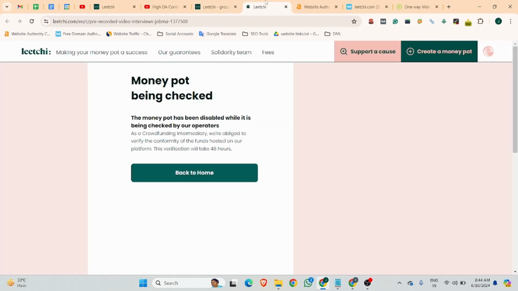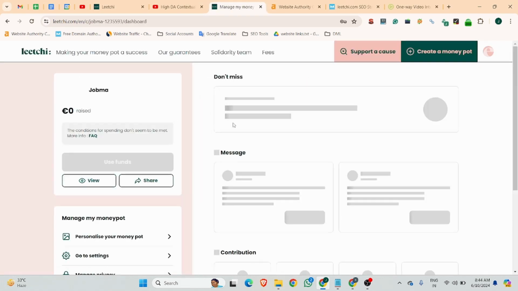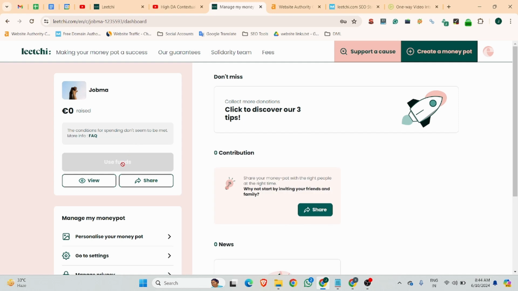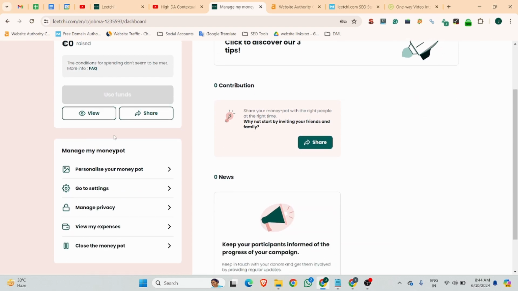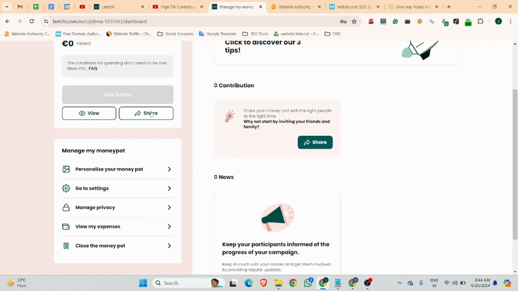Let me check. This is still locked. So we can create only the one. We can create only a profile backlink on that website. On that website, if you can provide these things, ID card or passport or driving license, then you can continue with the social bookmarking kind of activity.